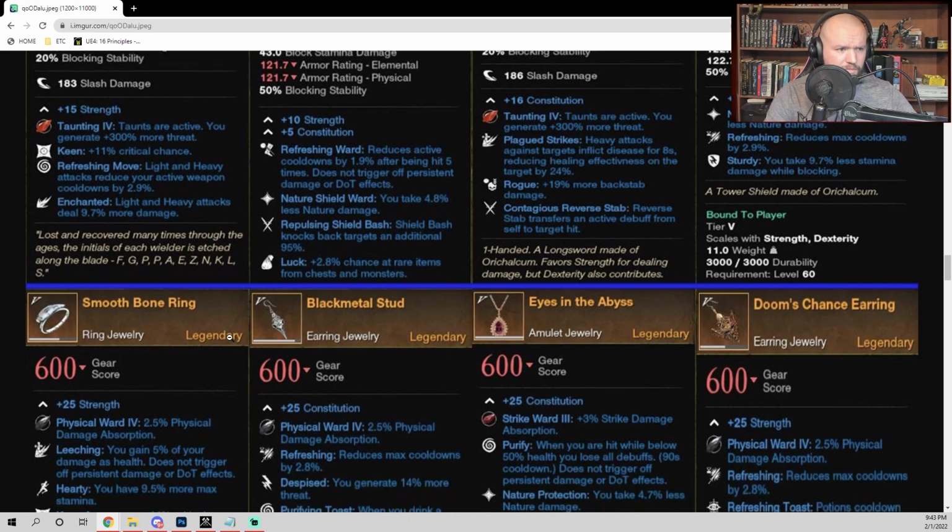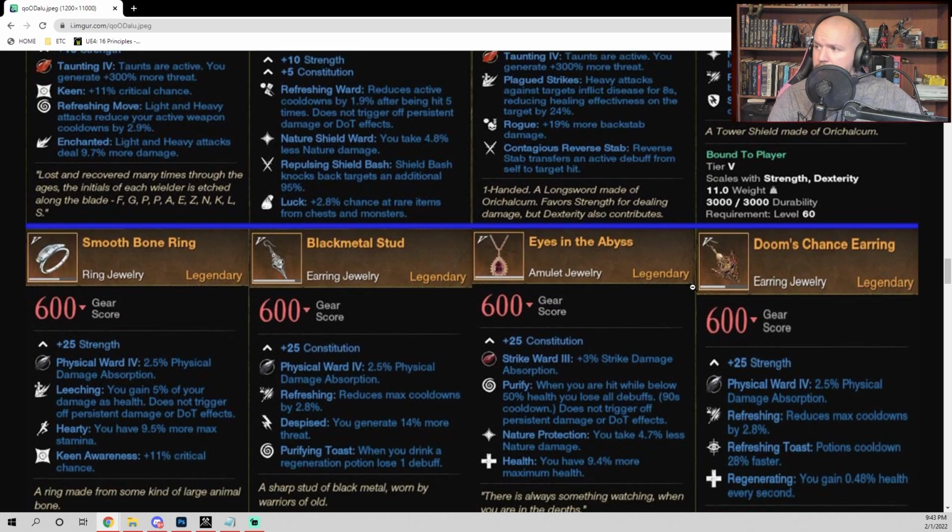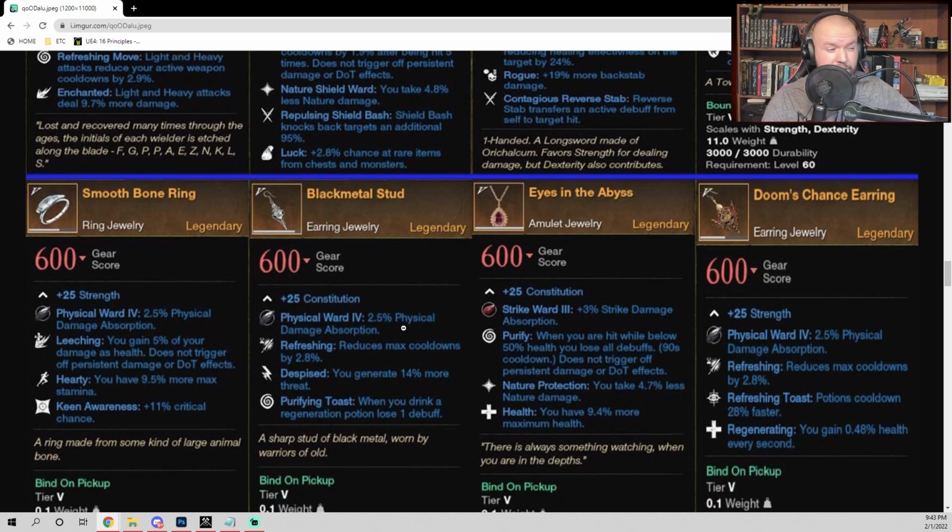So now these are all dropped items right here. Smoothbone Ring, Black Metal Stud, Eyes in the Abyss, Doom's Chance Earring. These are great items. Best in slot technically for tanks, depending on your build and how you do things. Except I have a preference on my earring and my ring, and I'll kind of go over that. But these all drop from the dungeons, and Eyes in the Abyss drops from